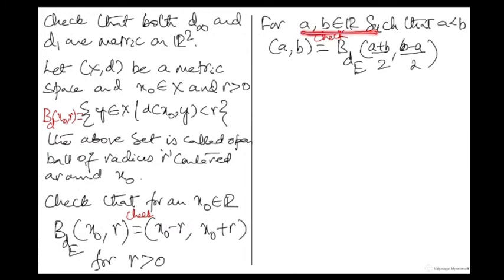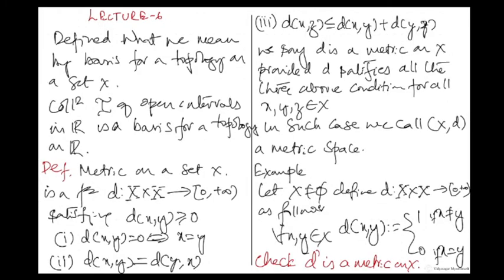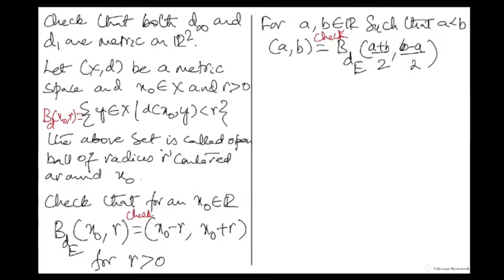For any open interval in R with infimum a and supremum b, it turns out to be a Euclidean open ball of radius (b minus a)/2 and center (a plus b)/2. But what did we see in the last class? That is, the collection of all open intervals forms a basis for a topology on R. So taking a clue from that, we would like to ask